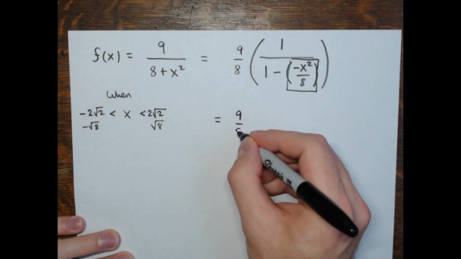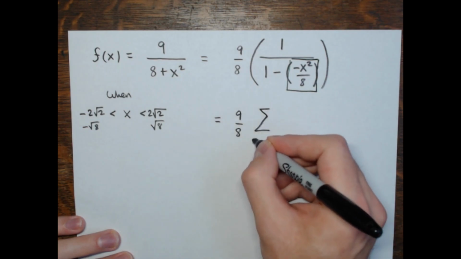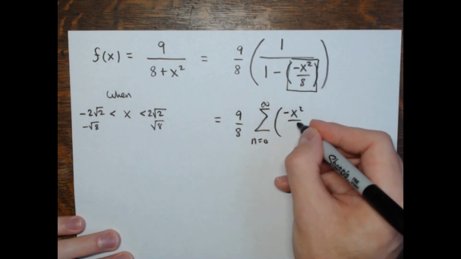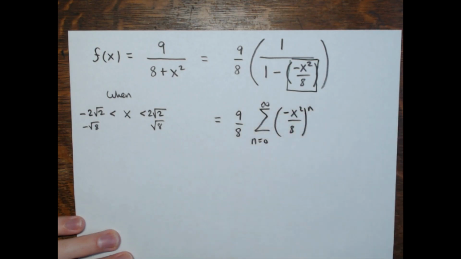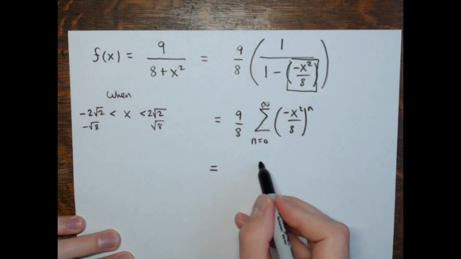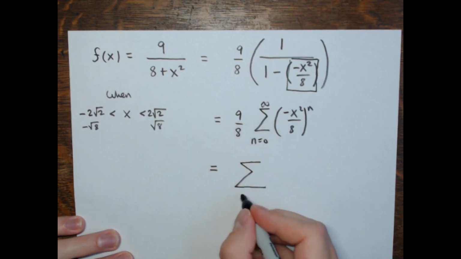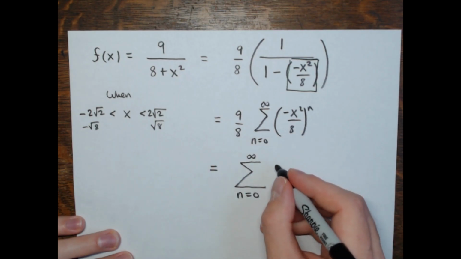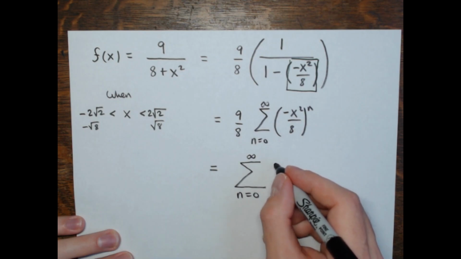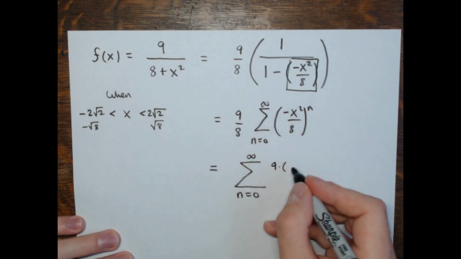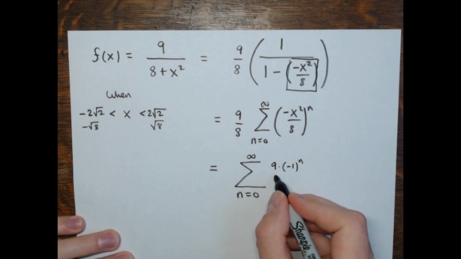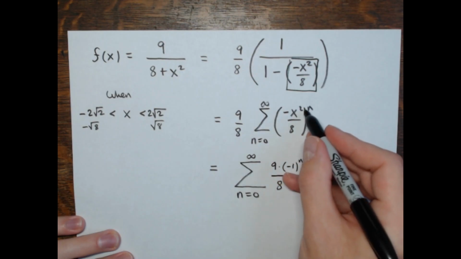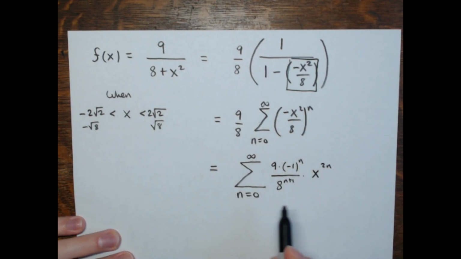This will be equal to 9/8 times the sum from n equals 0 to infinity of the thing in the box here, negative x squared over 8 to the nth. Which, if I write this a little bit differently, multiply some stuff out, put the 9/8 inside, you get the sum from n equals 0 to infinity of 9 times negative 1 to the nth, and then your denominator of the coefficients would be 8 to the n plus 1, and then the powers on x would be x to the 2n. All right, so then integrating,